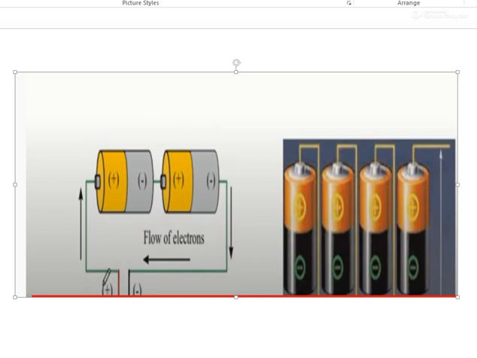As we have seen, we have seen many types of cells and their construction, but every time it is not possible to join only one cell to flow the current. Sometimes we require more current, so for that we have to connect more cells together. But how can we connect them? There are two ways to connect the cells. This is called the series form, and this is called the parallel form.